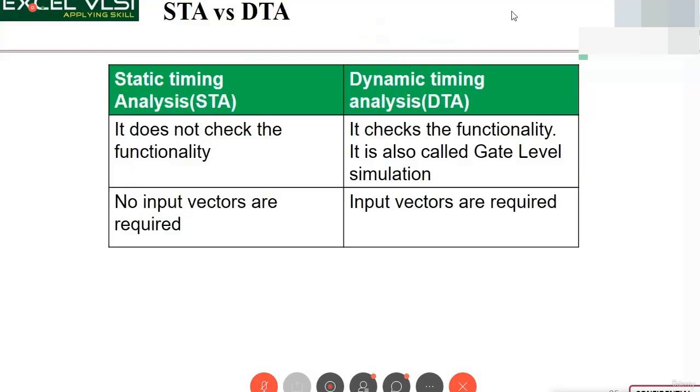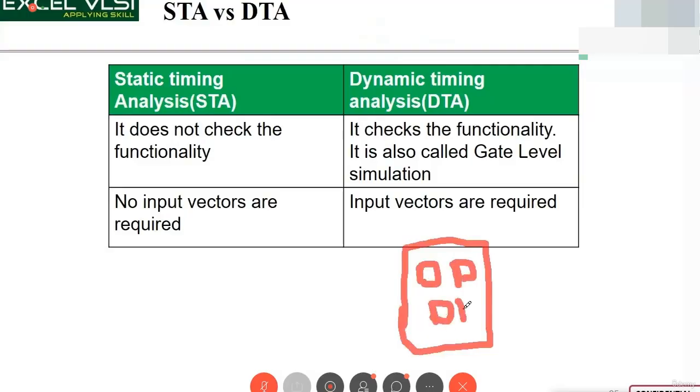Let us say an SOC is there. In an SOC, multiple blocks are there. When you are designing block 1 and block 2, doing design and verification, you don't do the gate level simulation for this, only functional simulation you do. But gate level simulation you perform when you are doing SOC level,